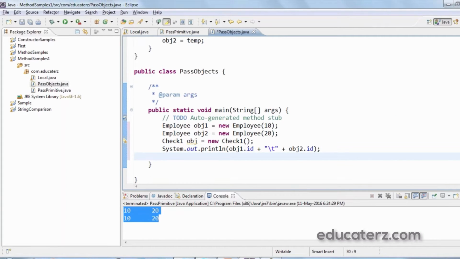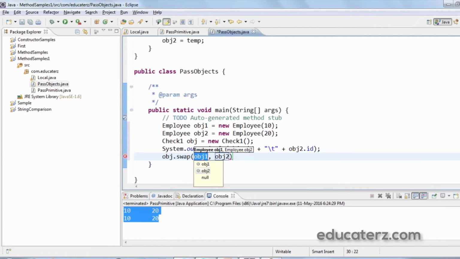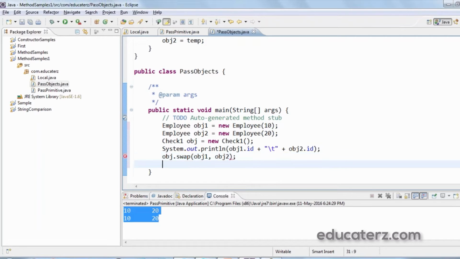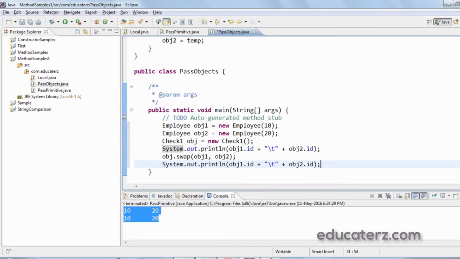Now call the swap method with the check1 object, that is obj.swap of obj1 and obj2. Then again print the values of id in both the objects to check whether they are interchanged or not.